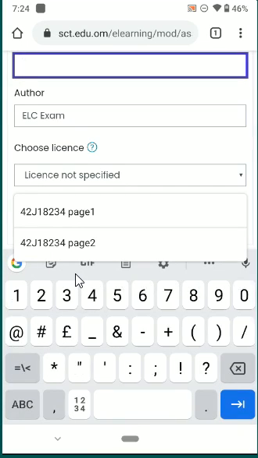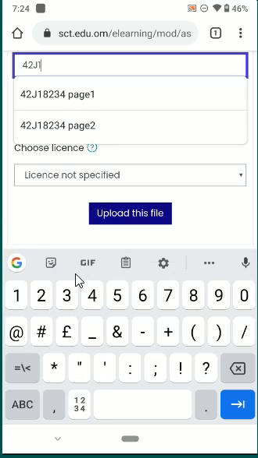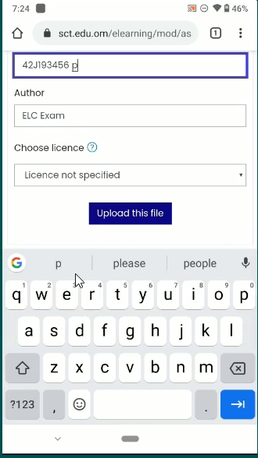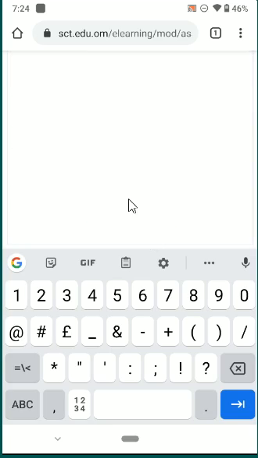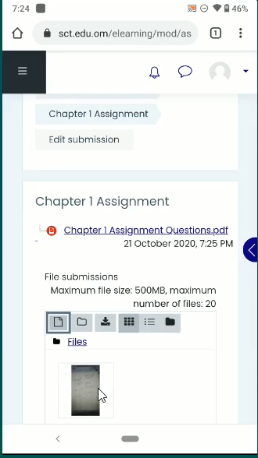Okay, I'm going to give the name 42J193456, then page 1. Then I have to click upload this file. Okay, one photo file is directly uploaded to the e-learning, so it will come here.